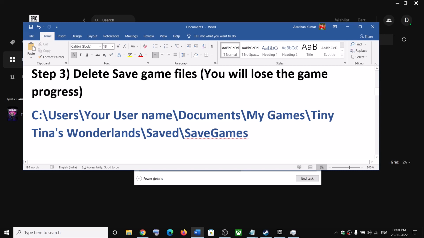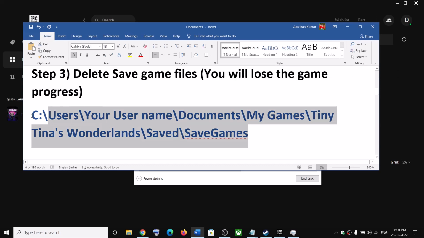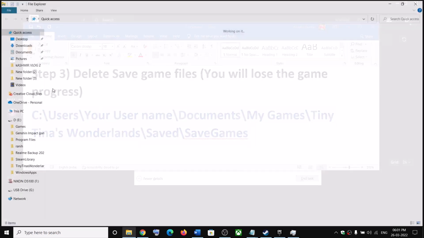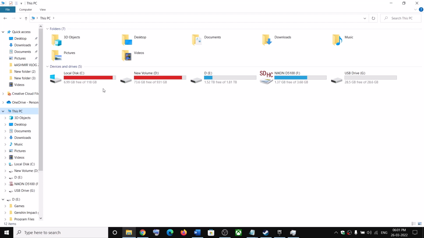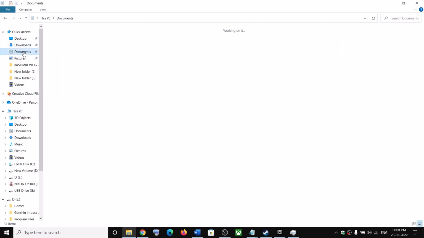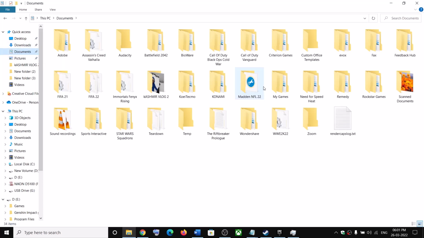Now the next step is to delete save game files. Now before you delete save game files, let me inform you that once you delete save game files, you will lose all the game progress. For this, go to this location. So open File Explorer, then go to This PC, or you can simply click on Documents on the top left,